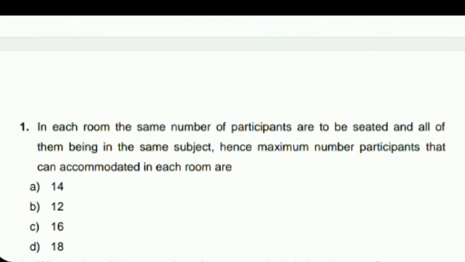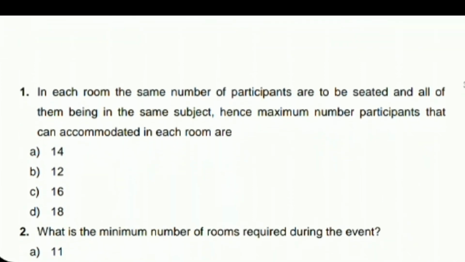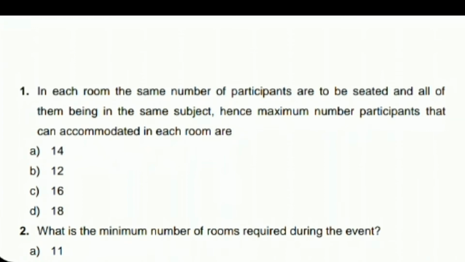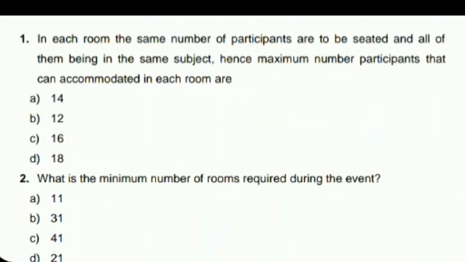I hope you all are getting the idea of how to find whether you have to take the HCF or the LCM. You just need to find out whether you have to find a factor or a multiple in this case. Definitely in this case you have to find how many participants one room will have. You cannot find how many rooms one participant will have. If you were to find LCM, it would mean you are finding how many rooms one participant will have, which is practically not possible. So think that way and you will definitely get your answer. In this question, you simply need to find the HCF, and when you find the HCF, you will get your answer as 12. Move on to the next question.